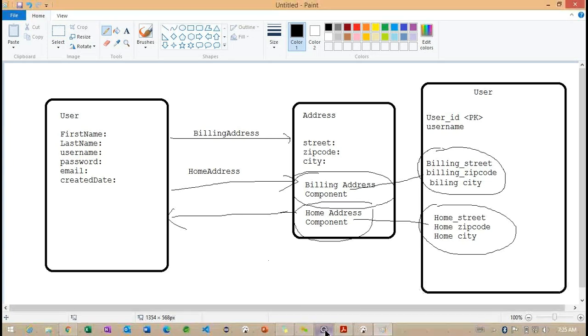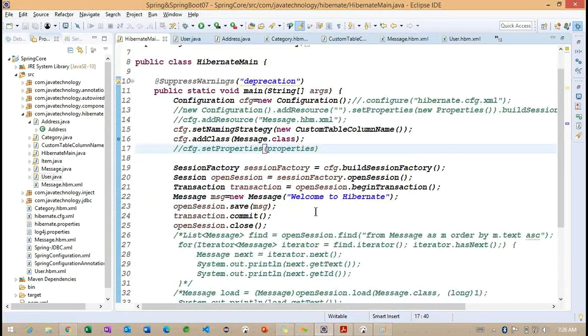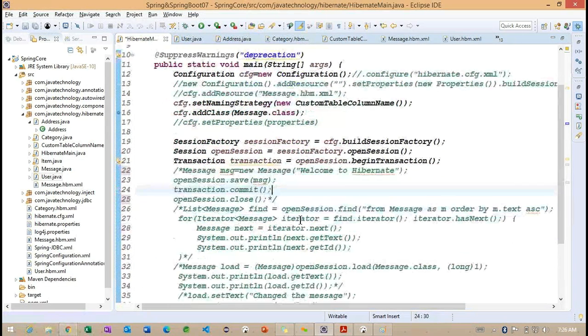So now we need to understand how these particular objects are going to work. Let me create a simple example on this particular user so that we can work on it. Now what I want to do is, inside this particular main class, let me comment off this particular section here. We're not going to work with the message here.